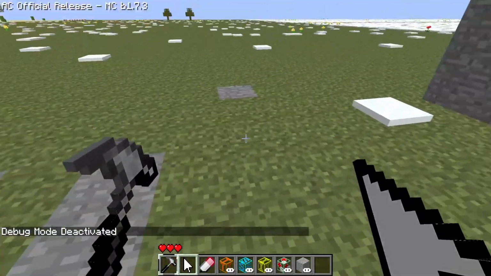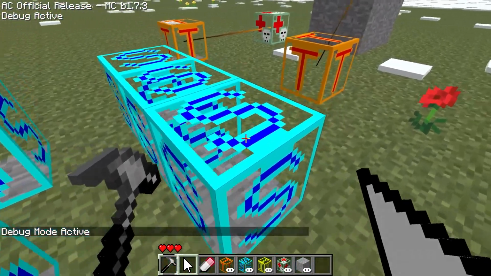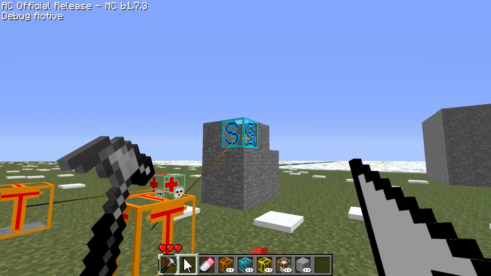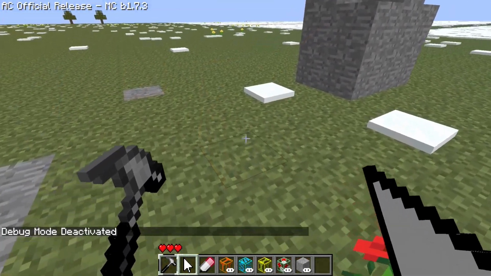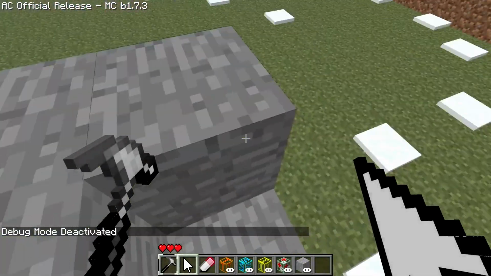So if we walk through one and then we die here, as you can see, the respawn point is now set to the spawn block I've just walked through. You can also hook them up to a trigger. So for example, if I go through this trigger here and then die, then you can see, now I'm up